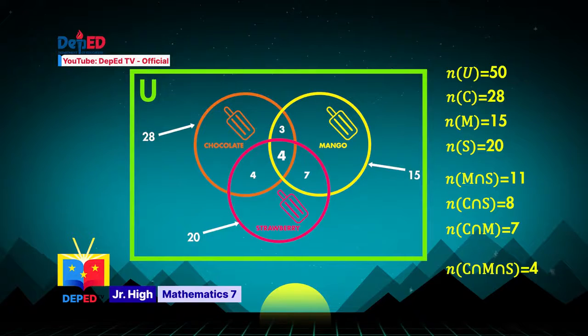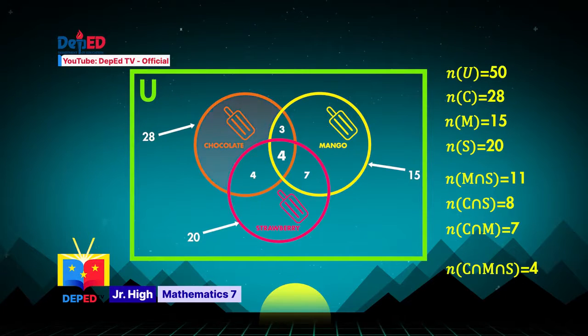We start inputting the cardinality of the intersection of sets C, M, and S, which is equal to 4. And then, following the same procedure we performed in our first example, we will be able to find the cardinality of the second group of sets, which are the regions representing the intersection of exactly 2 of each set. And now, after we have placed those numbers in our Venn diagram, the last thing to do is to find